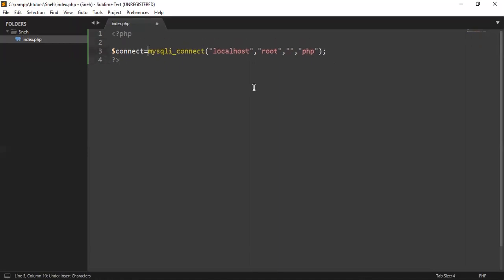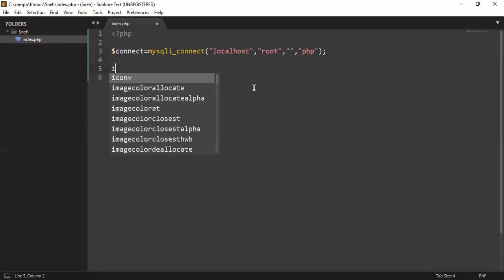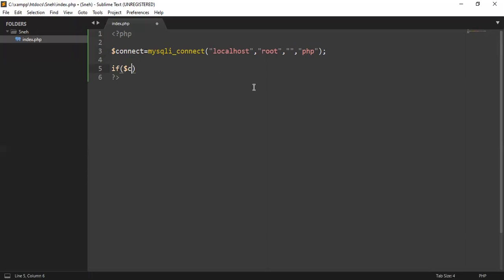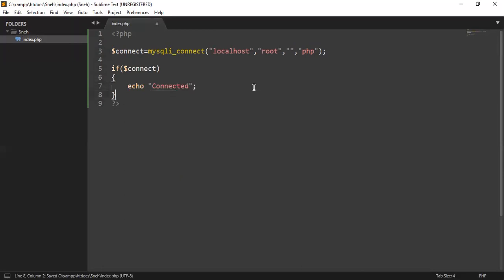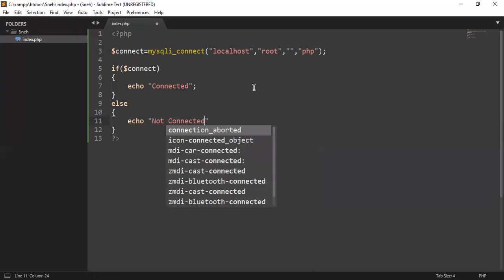Let us check if the connection happened or not. If the connection happened, let us echo connected, and if the connection did not happen, let us echo not connected. Simple. Fine.